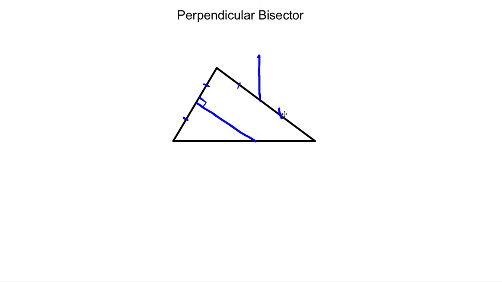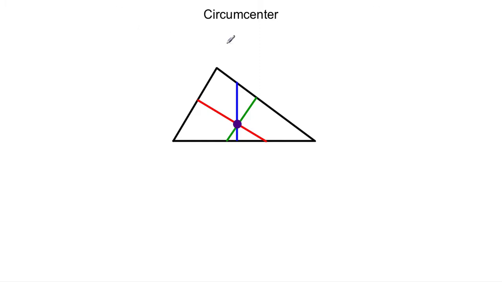For example, here, this segment bisector bisects this side, it's two equal halves. However, this is not a right angle. So this is our perpendicular bisector. In a triangle, we could have three perpendicular bisectors because there are going to be three segments. Something like here. So here you can see that this blue is perpendicular to that side,